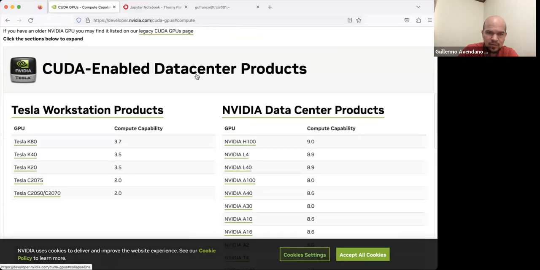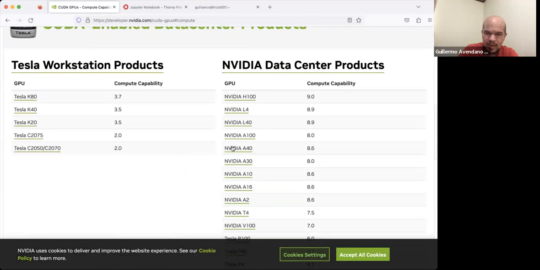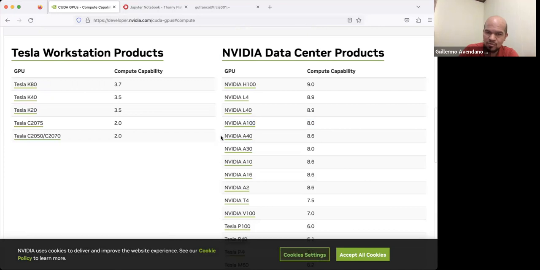Maybe they are here. The A100 that we have is 8. And on Dolly side, we have those newer GPUs. So they are 8 and 8.6. And if you go back here,